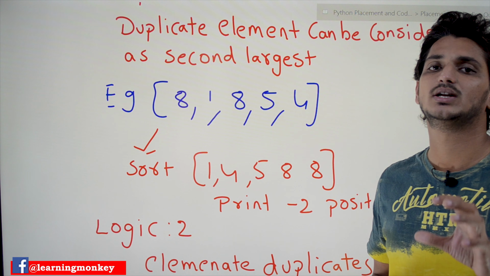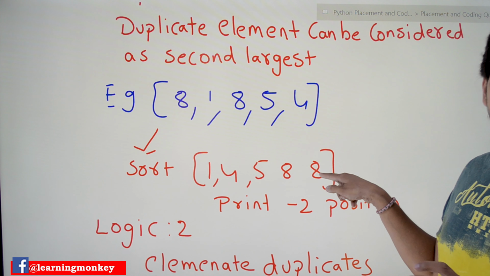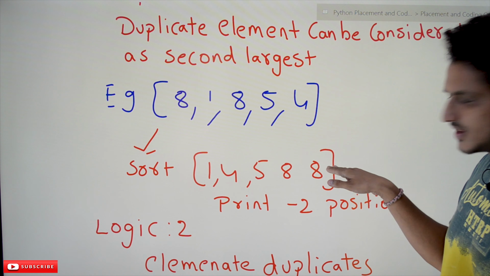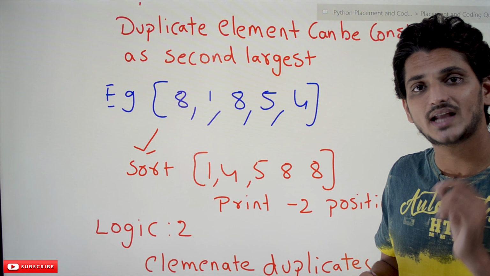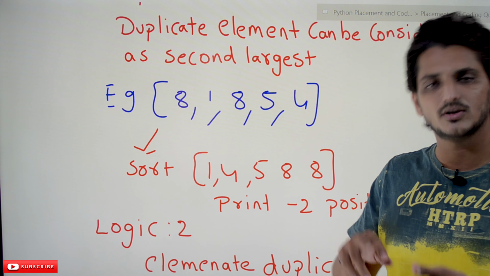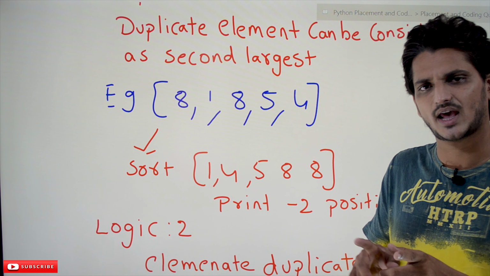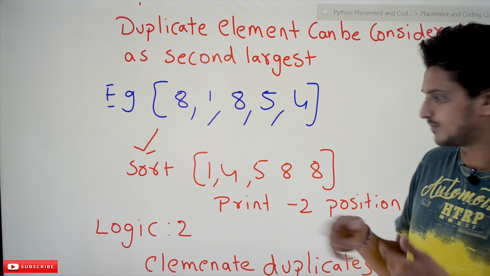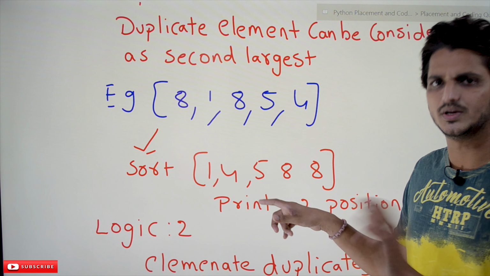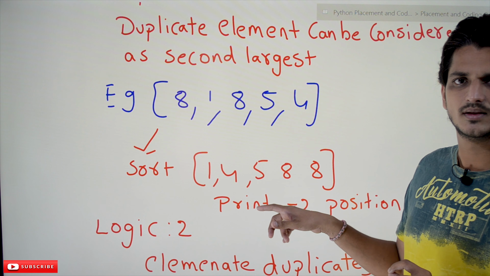Why is it not efficient code? In order to sort the elements of the given list, if n elements are there, it will take n log n time. If you use merge sort, quick sort, any sorting, it will take n log n time. But if you write without using the sort inbuilt method, it will take only n time. If you don't know what n log n time is, assume that with n elements the time taken for the program to execute is n seconds. N log n means that with n elements the time taken to execute this sorting program is n log n seconds.